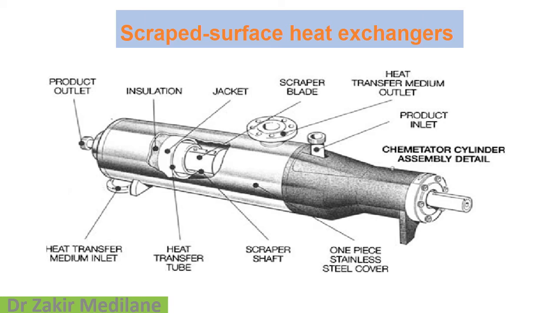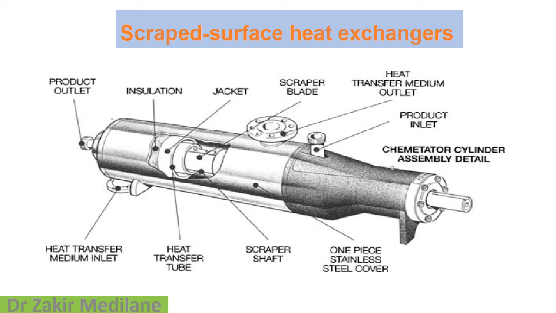If you see here in the scraped surface heat exchanger, what we are observing are the basic points. First of all, we have to understand that each and every part has its importance. So the product outlet, we can come from this side, from right to left. That is the product outlet, where the name itself indicates the product is expelled outside after completing the process of the aseptic transfer. Now the insulation coil, the outermost layer, is called insulation. Jacket, we can observe here, the internal surface. They have exposed the equipment in the diagram to show what parts are involved here.